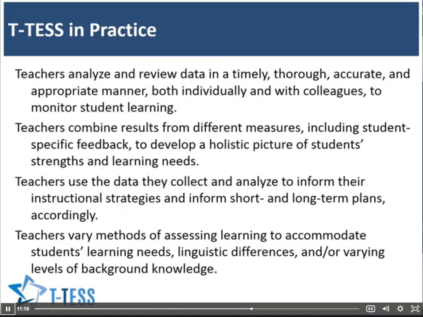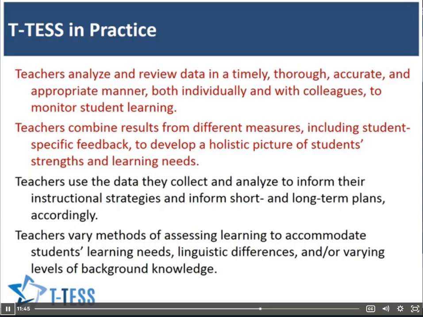It is important for us as learners to see the practical application of T-TESS in practice. What might we see related to monitor and adjust? Teachers analyze and review data in a timely, thorough, accurate, and appropriate manner, both individually and with colleagues, to monitor student learning. Teachers combine results from different measures, including student-specific feedback, to develop a holistic picture of student strengths and